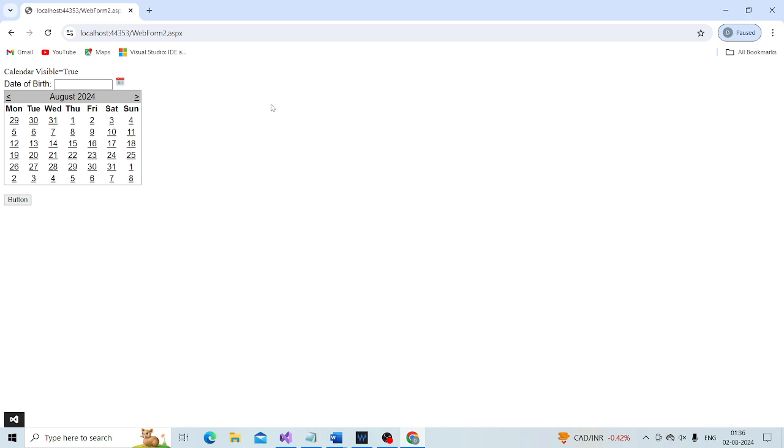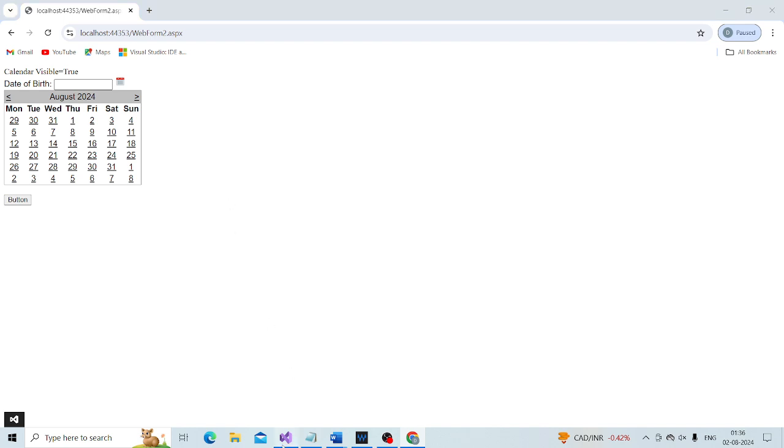Now we have seen how to raise and handle events within the code behind file. Now can't we do that just like how for the button click we were able to do that within the WebForm2.aspx HTML page as well?